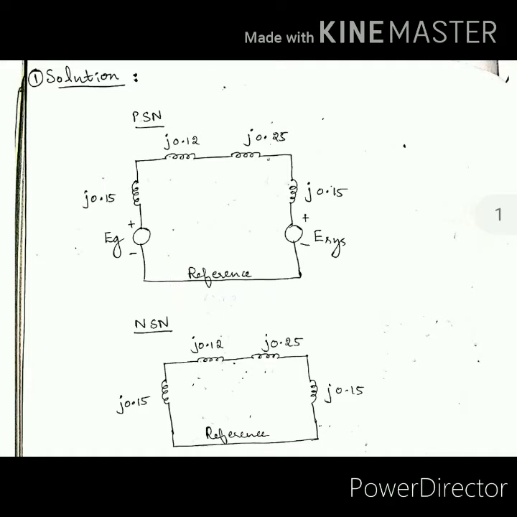Now we will move on to the negative sequence network. What is the difference when you compare to the positive sequence network? Only you have to remove the EMF source. So in this you have removed EG and E sys, and you are connecting all the reactances. But remember one thing, when they give the reactance in the problem itself, just check if the positive and negative reactances are the same. So they are the same, so no need to change them.